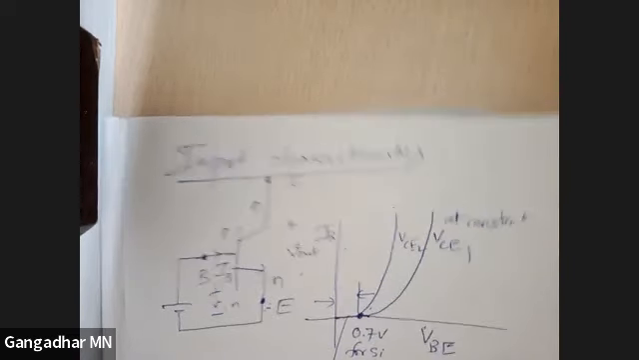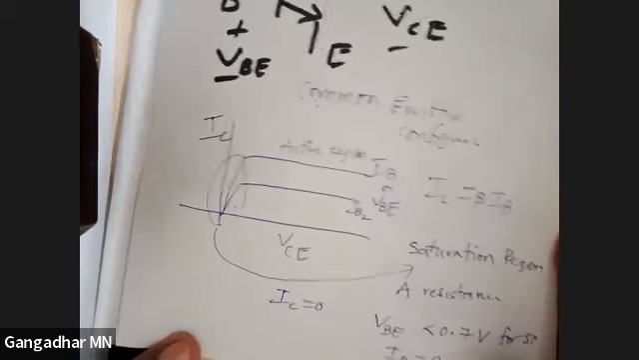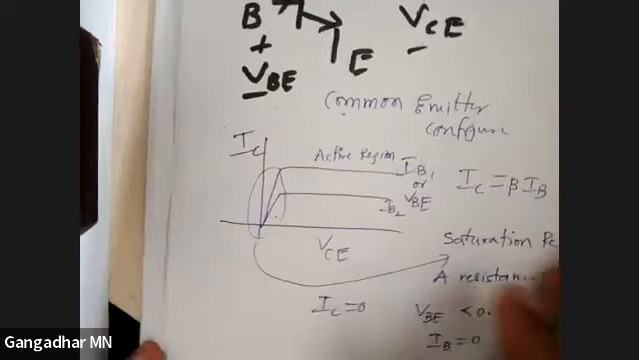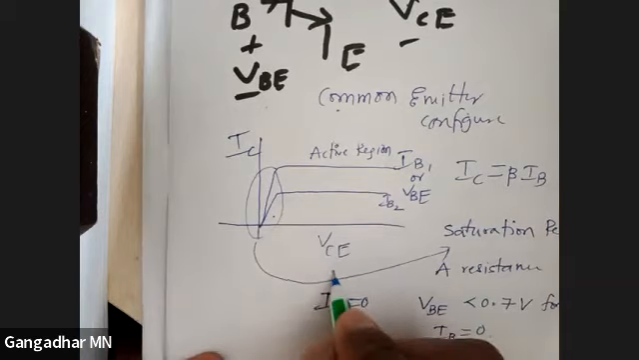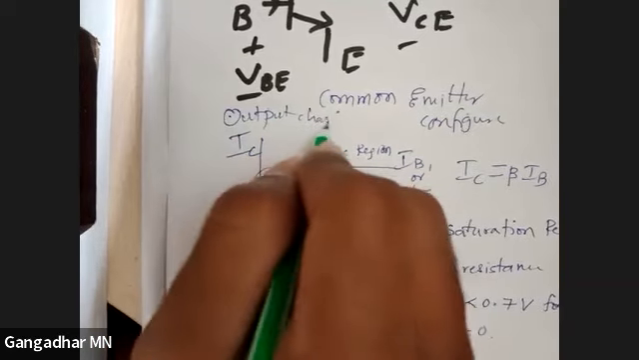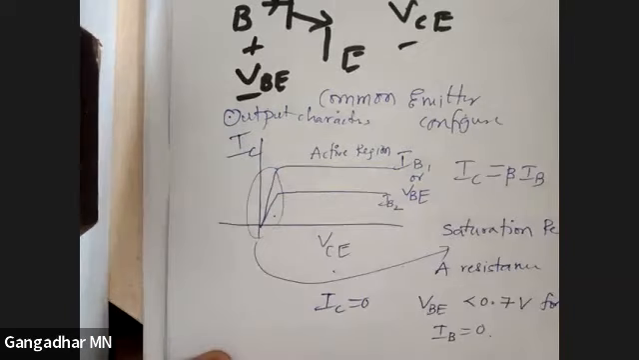And the previous one, where we have drawn the graph between collector current, how collector current changes with VCE. This is called output characteristics plot. Okay, so there are 2 graphs which are needed